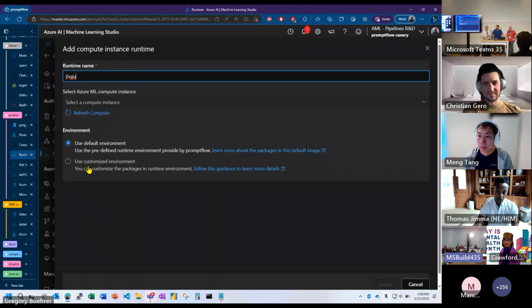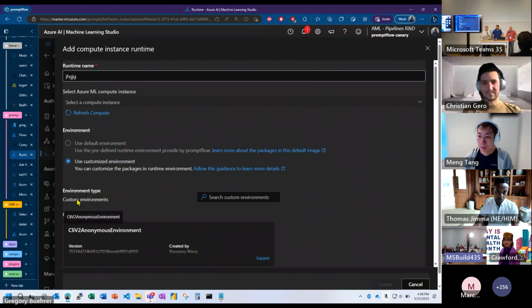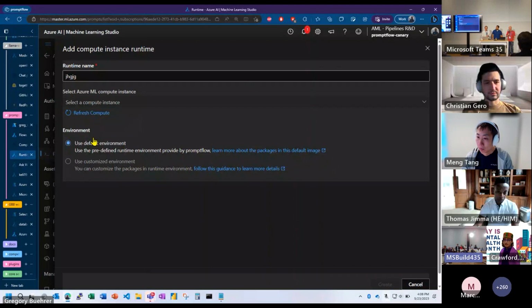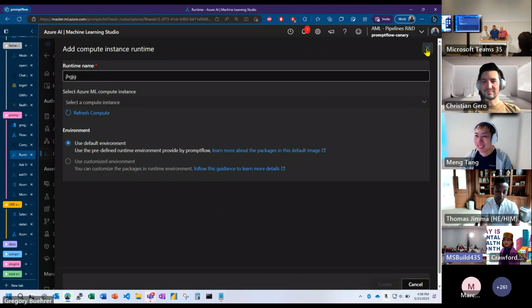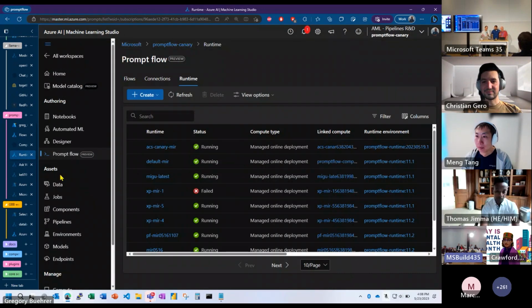So that's when you do the custom environment, and Azure Machine Learning has an abstraction of an environment, so that's something you can relate to if you've used it before. If you don't use a custom environment, you just use the default environment. If you saw the keynote demo, the environment I used had semantic kernel on it, FYI. Somehow it's not letting me do this. Do I not have access to any compute instances here? Anyway, that's the way that you create the compute.